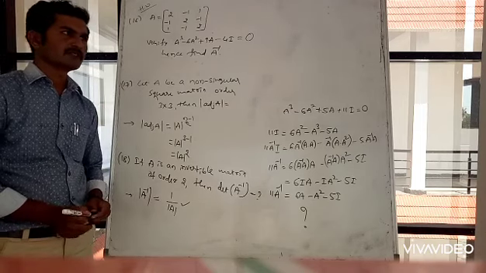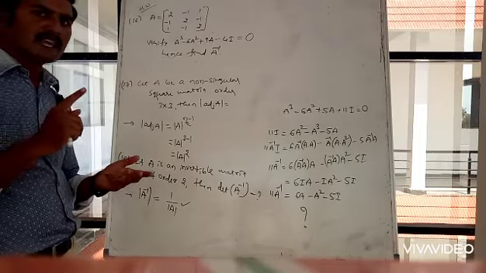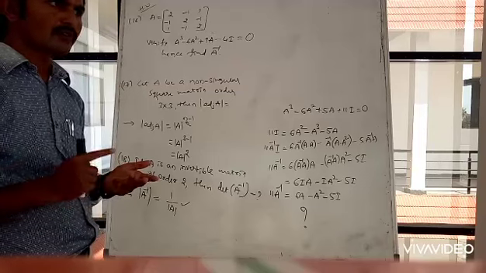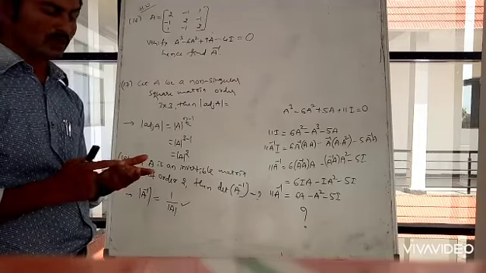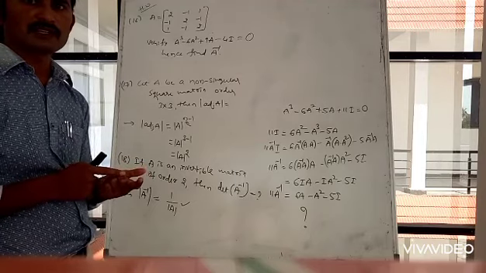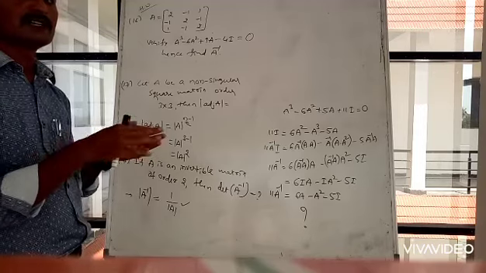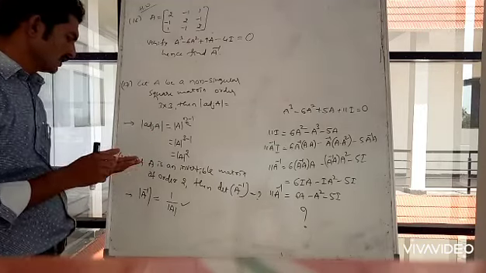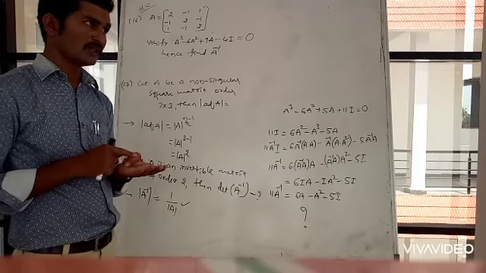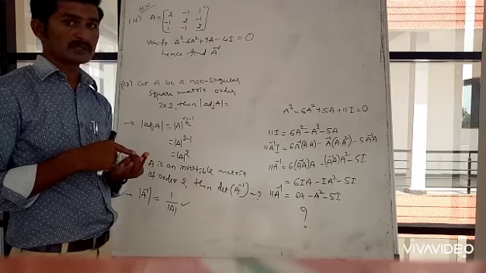So this is about finding A inverse. And for finding A inverse, we should know how to calculate adjoint. For adjoint, we should know cofactors. Cofactors we can calculate with the help of minors, right? So these are all connected to each other. That's why we should first know the determinant, how to calculate determinant. Next is the properties of determinant.